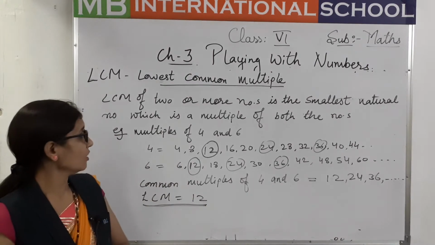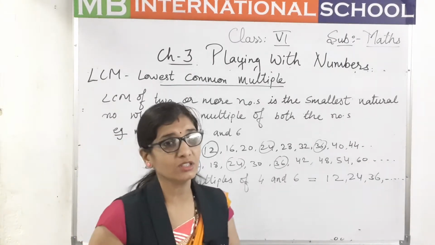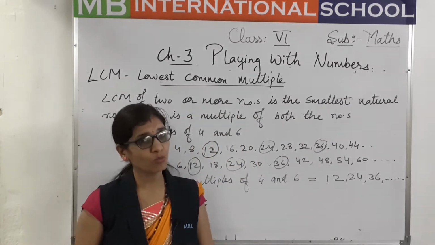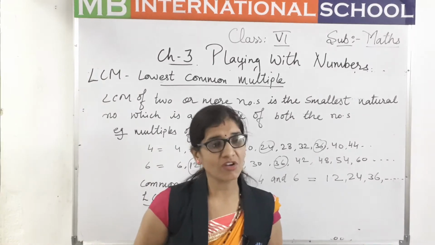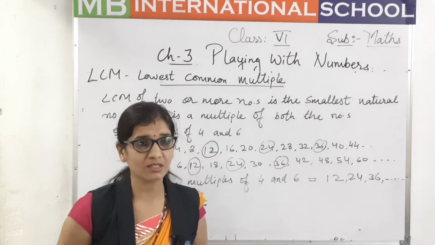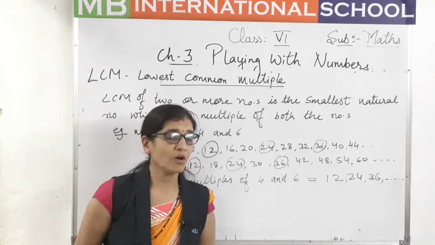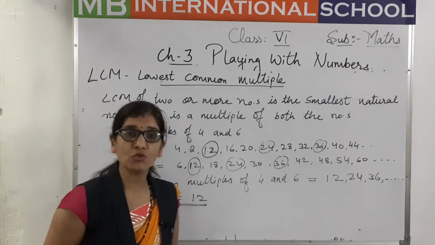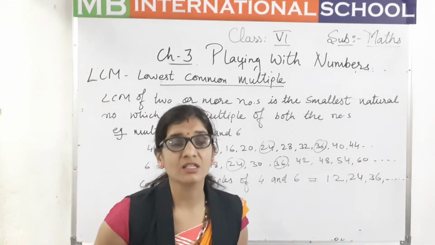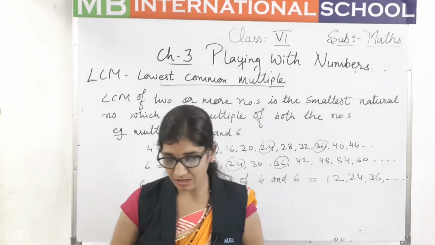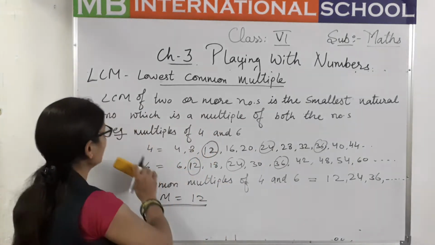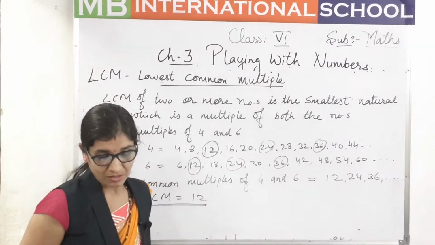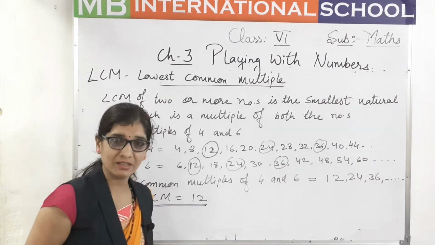Now this is a method of finding by factors. Another method of finding LCM is the prime factorization method. If we have two or more numbers, then we can easily find it by prime factorization. Just now we have studied HCF, how we solve the HCF of two or more numbers by prime factorization. In the same way we can find the LCM of two or more numbers. So let's take an example: 15, 20 and 35.